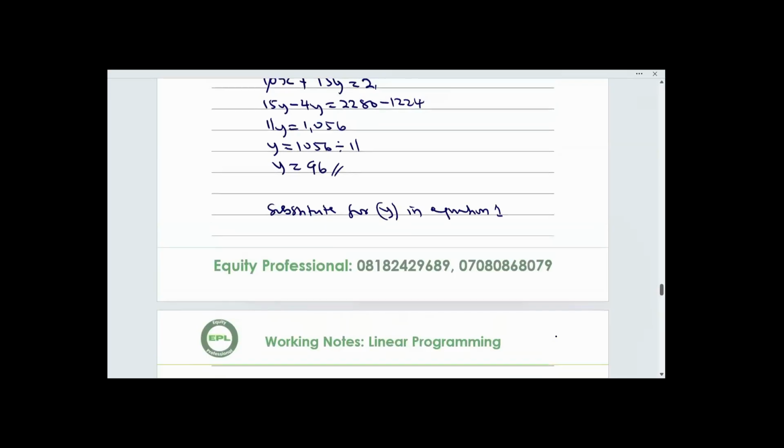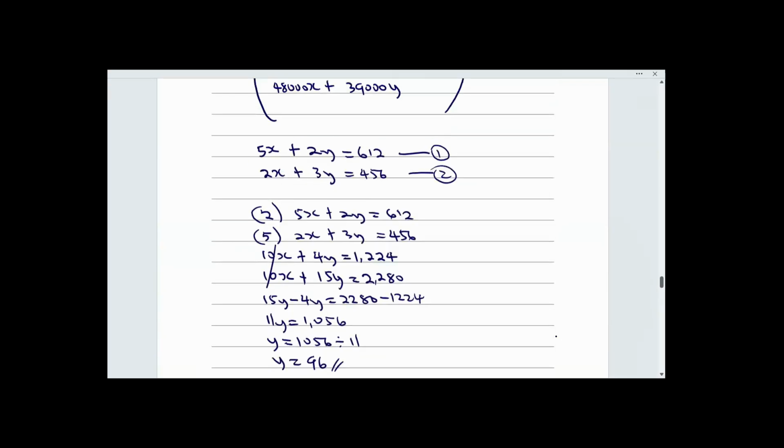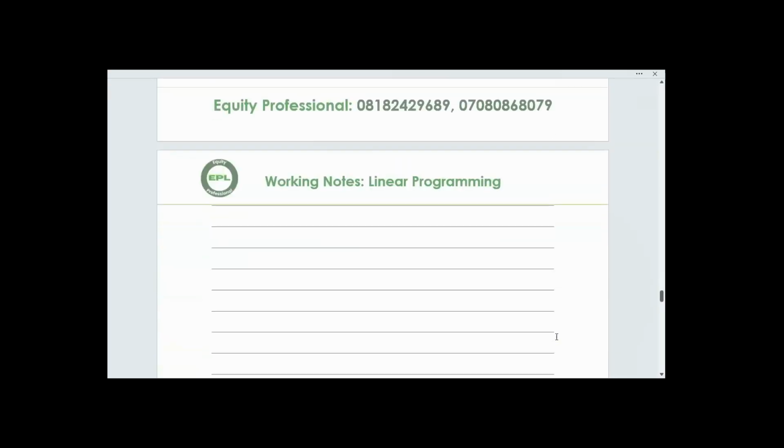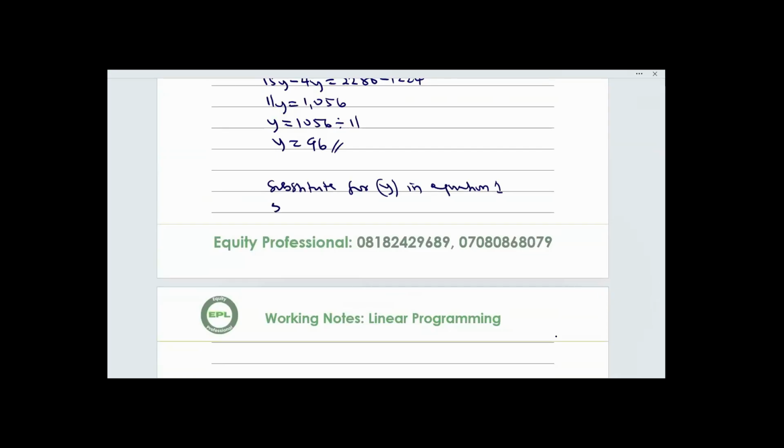Equation 1 is 5x plus 2y equal to 612. 5x plus 2y, y is now 96, equal to 612. Therefore, 5x equal to 612 minus 96 multiplied by 2. It gives us 192, I think. Yes, 192. Therefore,